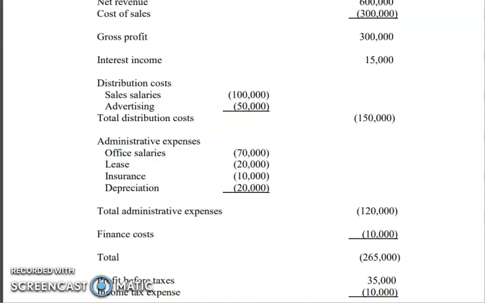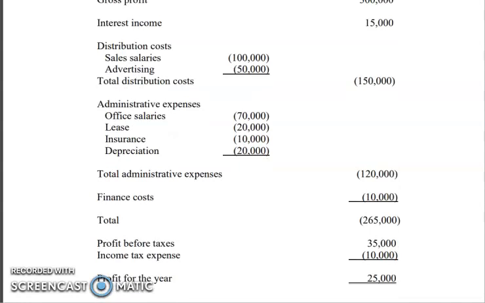So then we come down a little further. We've got our total administrative expenses of 120. We have our finance costs, which is the same as interest expense. And then we have total. The total here is for 265,000. That total indicates total other income, or in this case, interest income and operating expenses, okay, and finance costs. So it would be the negative 10,000, the negative 120,000, the negative 150,000, plus your interest income of 15,000. And that gives you the negative